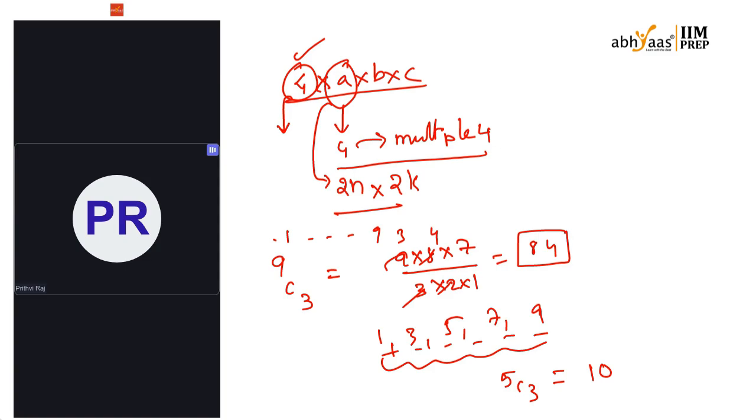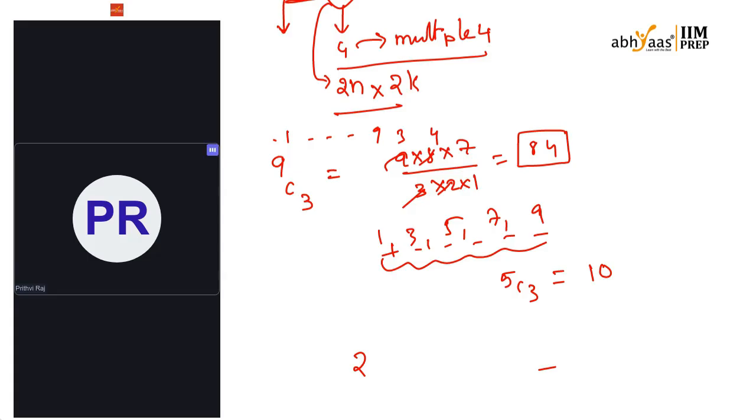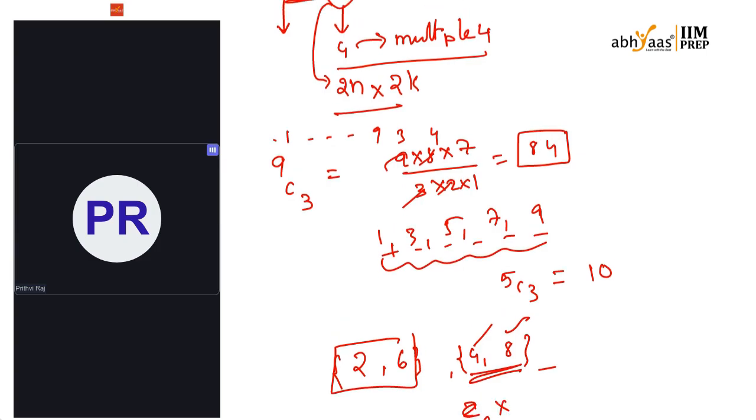If I have exactly 1 even number from 2 comma 6, what are the other even numbers? 4 and 8. If 4 and 8 are there, they are easily divisible by 4. So my main concern is 2 comma 6. If any one even number from these two is there, we don't get divisibility by 4. So that is 2C1 into the other two from the 5 odd numbers, 5C2. It will be 2 into 10,